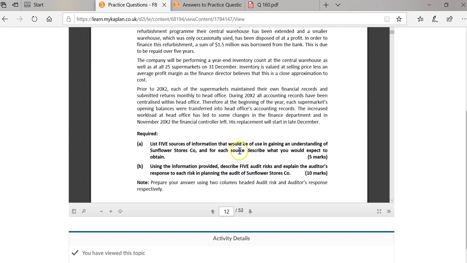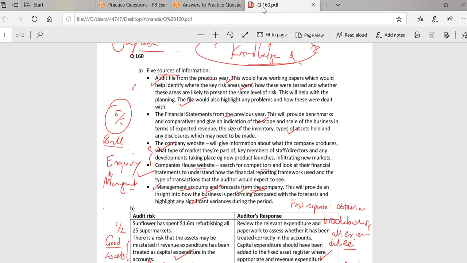And so it says here, list 5 sources of information that can be used to gain an understanding. So very much a knowledge question. So let's look at your material and what's happened here. I've marked this. So typically, I guess it's a kind of internal, external approach. Let's get as much as we can internally from within the organization. So everything we can lay our hands on. So audit files from the previous year, management accounts, if you like, on previous events and any forecasts, financial statements